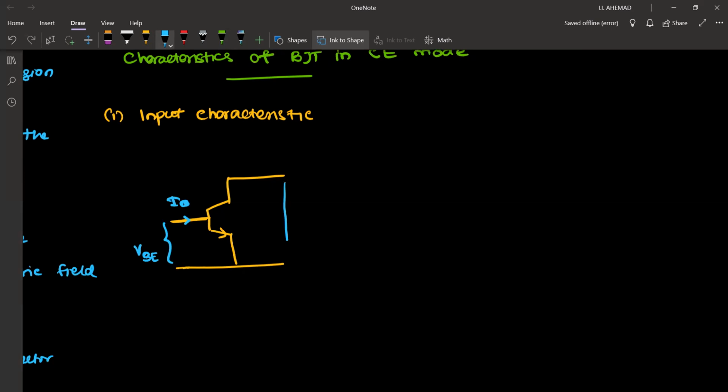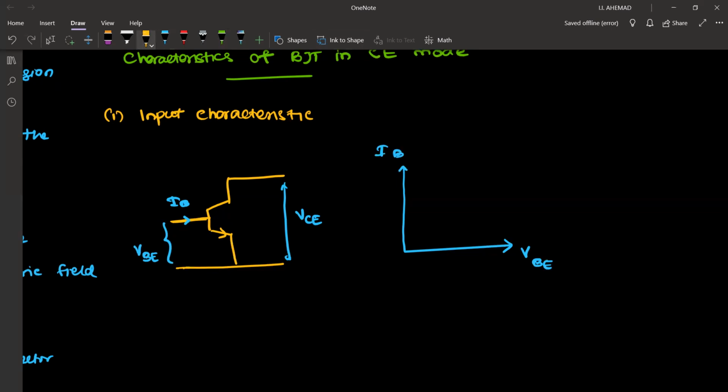During that we will have a VCE. So if we draw the characteristic for VBE versus IB